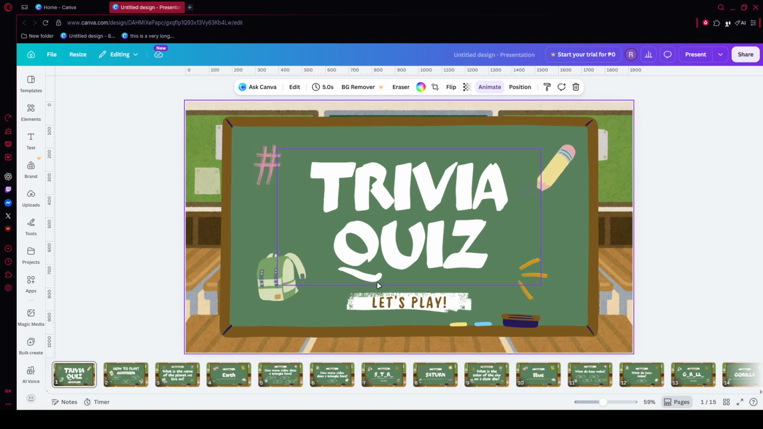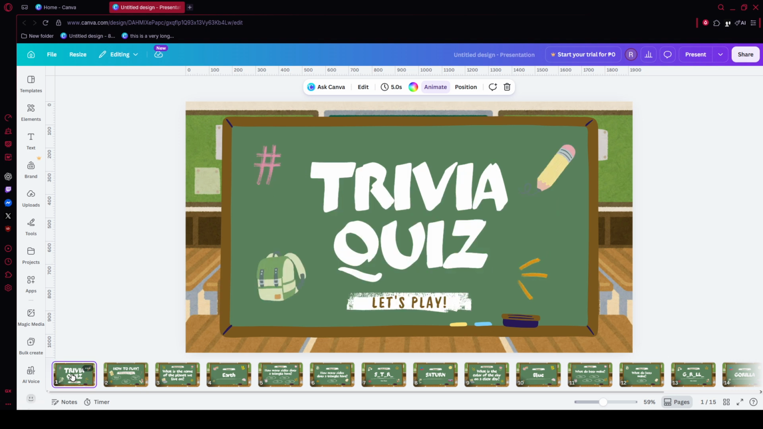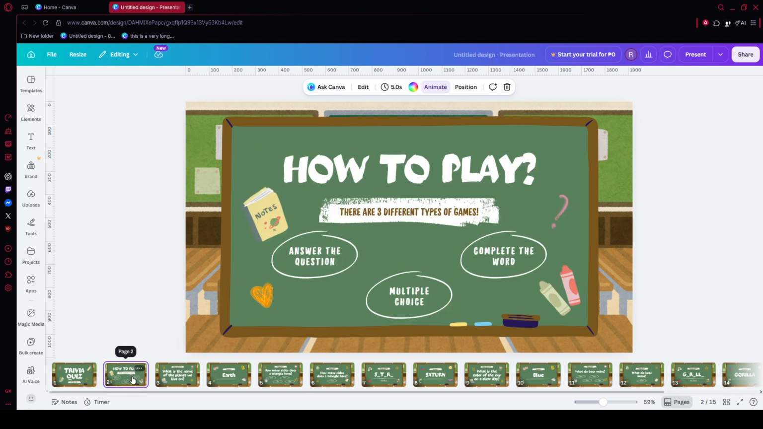Next, choose the page where you want the numbering to begin. In many cases, you may not want a page number on the cover page, so it's common to start on the second page instead. Click directly on the page you want to use as the starting point so Canva knows